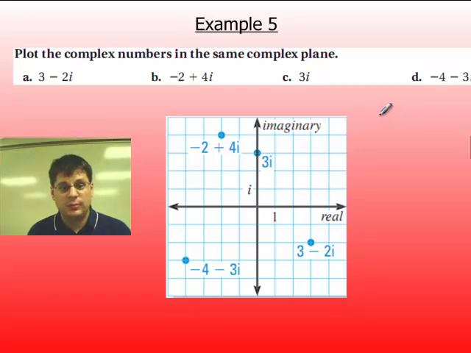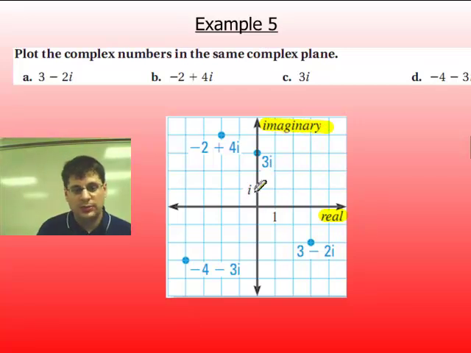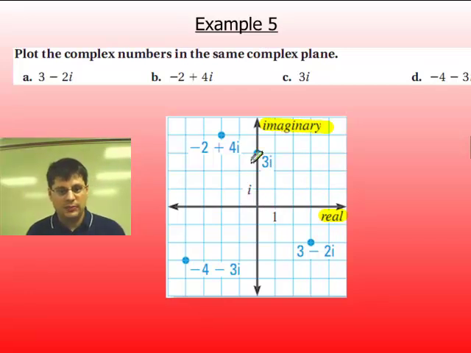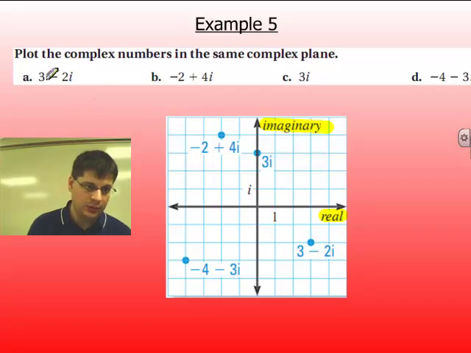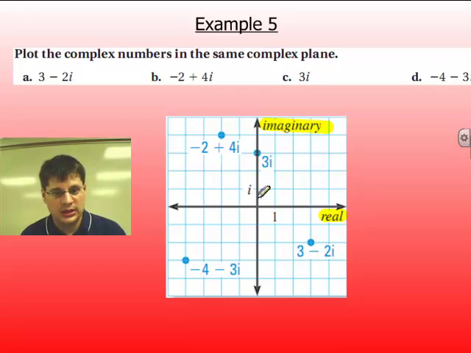The last thing I want to talk about is how to graph on the complex plane. On the complex plane, it's broken into 2 parts, which is the real, which is our horizontal axis, and our vertical axis is the imaginary axis. So if we take a complex number, the real part of the number will be plotted here horizontally, where the imaginary part will be plotted vertically. For instance, if we were to take this first one, 3 minus 2i, we would look at this and we'd see that,